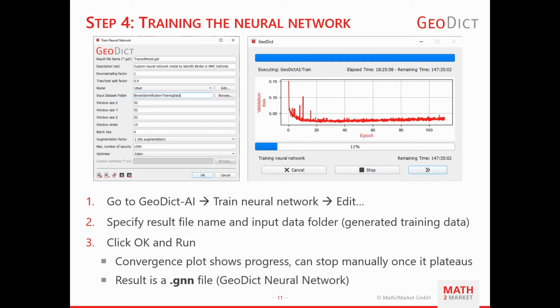And what we did in this case is just having the network run over one night. And we can see that the convergence plot has already plateaued. So we can assume, judging from the curve that we are seeing, that there's no further improvement going to be happening. So at this point we can click the stop button and we end up with a trained neural network.